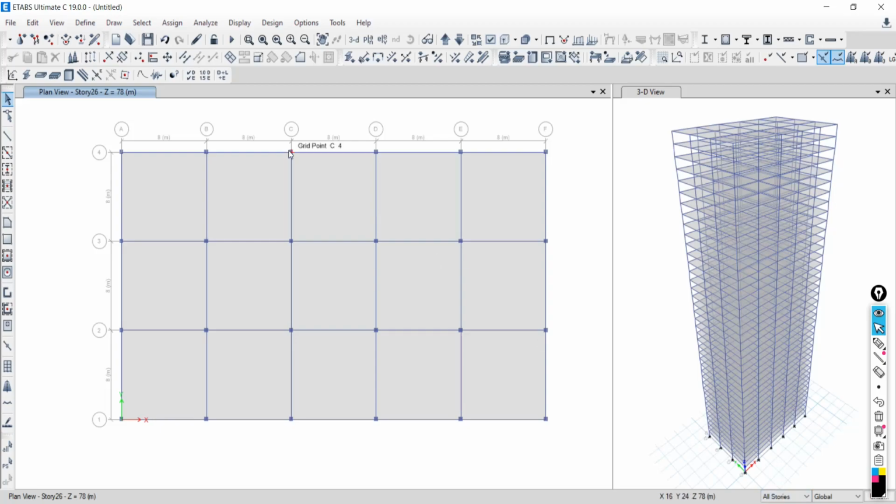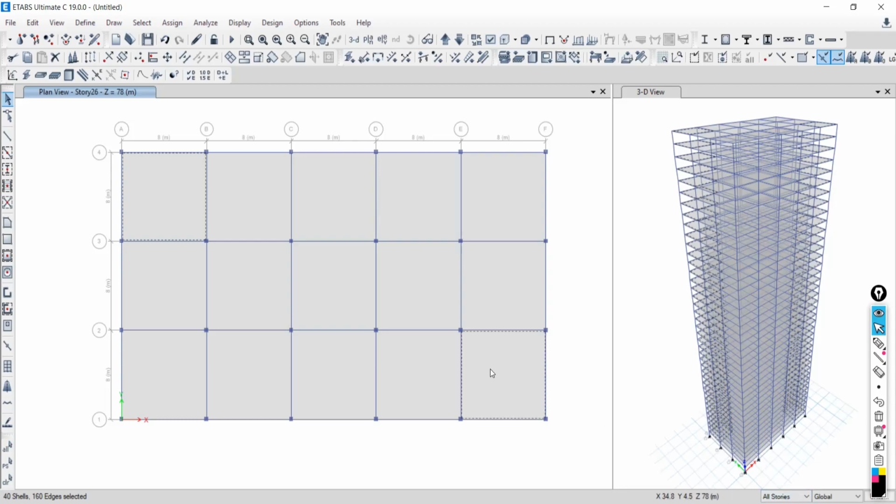Now see, I am clicking over this first slab. What is going to happen? 40 shells are in selection. This means that at all the stories, from top to bottom, for the same location, the selection has been done, because we are working with the all story option.